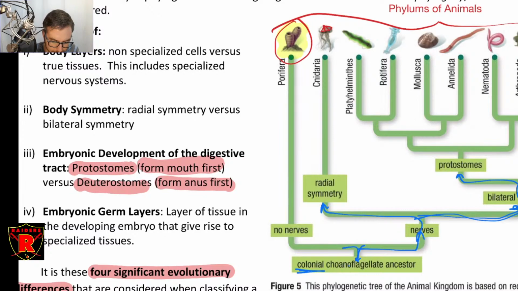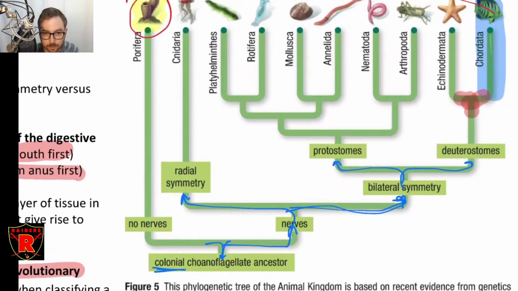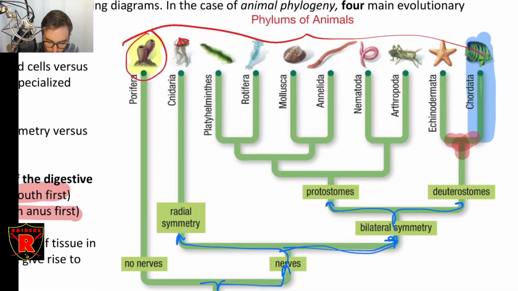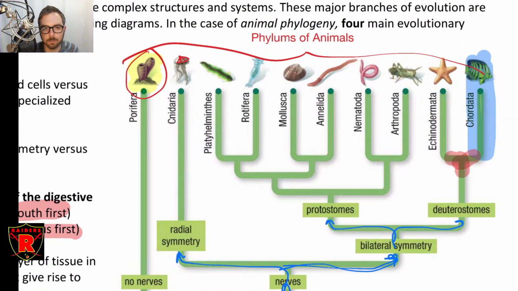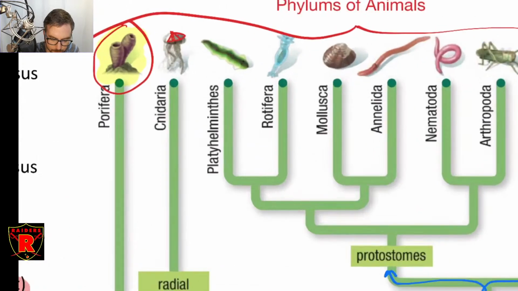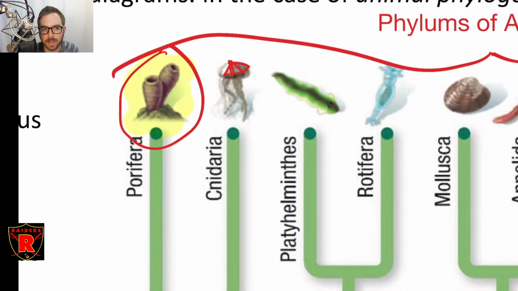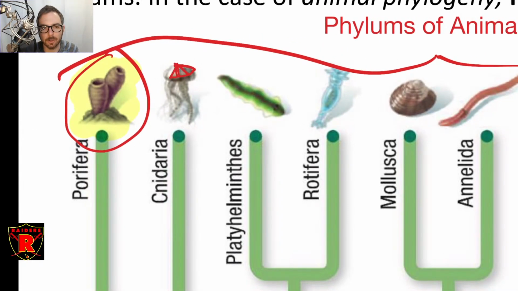We can also separate them out by whether or not they specifically have nerve tissue. So that is really the first split. Porifera have no nerves. All the other groupings of animals have some form of nerves. Even cnidarians, which are jellyfish, have a nervous system. They don't have a central nervous system, which means they have one spot on their body that is sort of like the coordinator of all nerves, which you could sort of think of as a brain. In other animals, it's not developed enough to be called a brain.